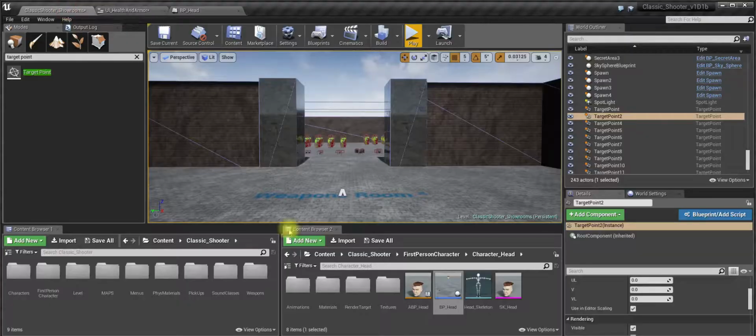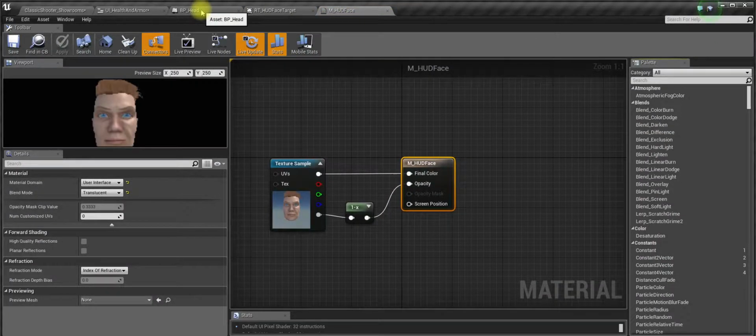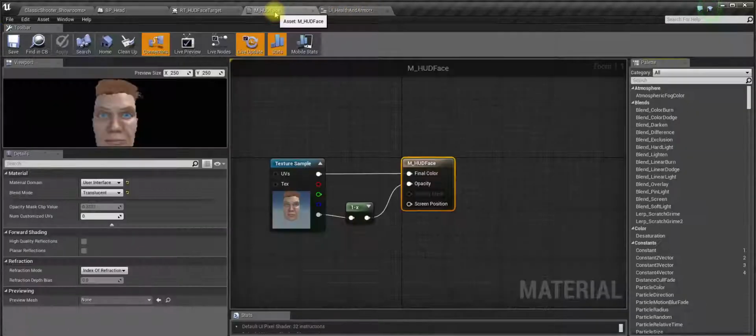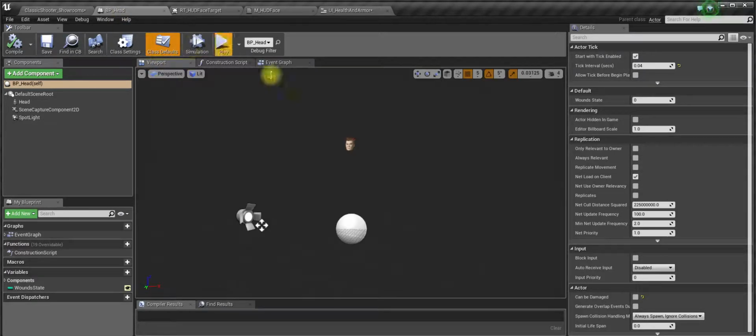and we will also go to the render target folder and open the render target and the material. And let's make it so that first is the blueprint, then the target, then the material, and here the UI. So here's the UI, the material, render target, the blueprint. So here in this blueprint